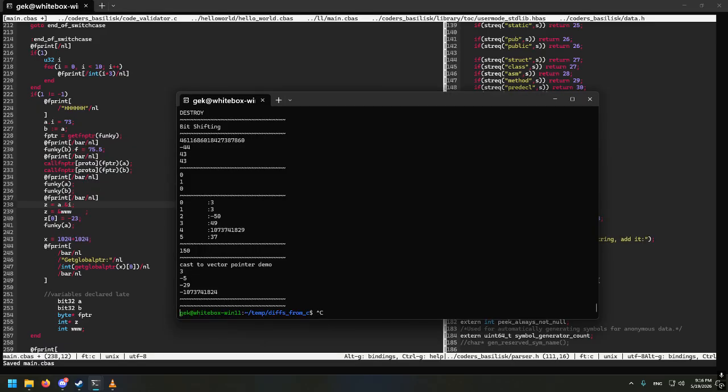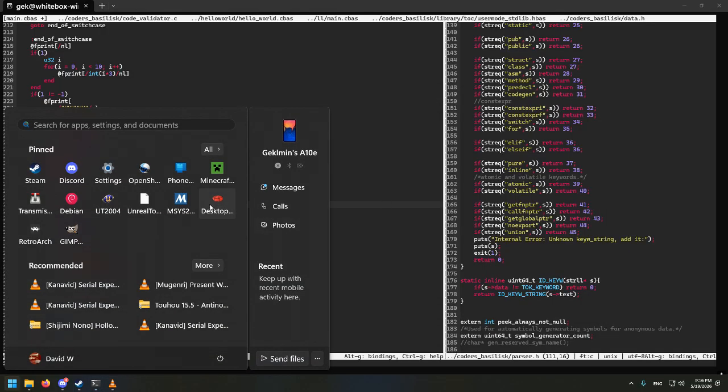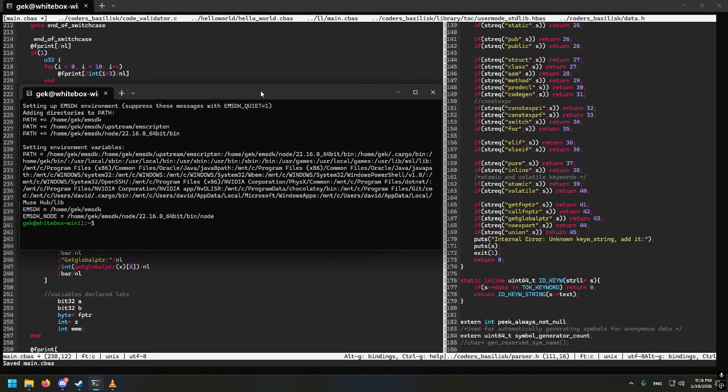Okay, is the terminal broken? Okay, the terminal fucking broke on us. That's not my software's fault. That's